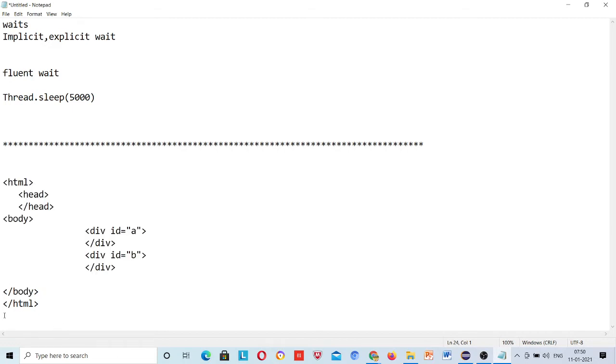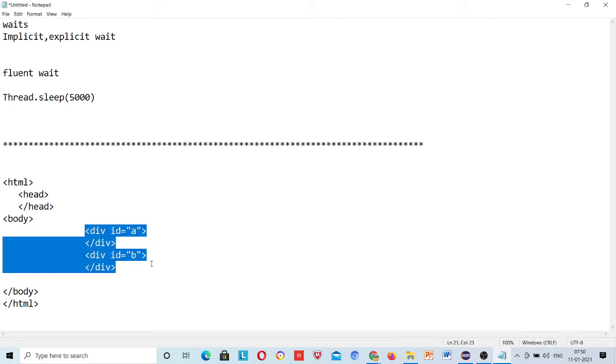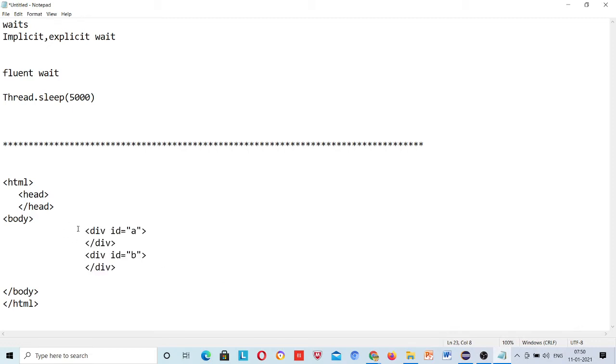What happens sometimes, this static code or dynamic code, whatever it is, we don't know, we are not the developers, they are creating it, right? Sometimes this is already loaded. Okay, suppose in this div there is a span tag, and here in this span tag some text is written.